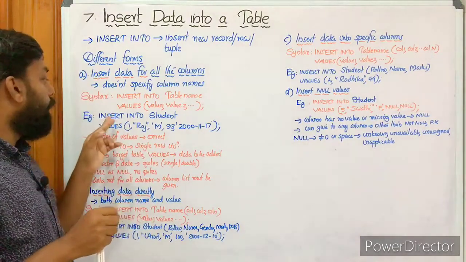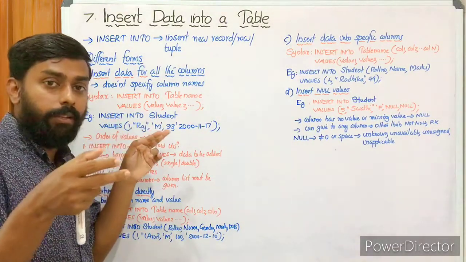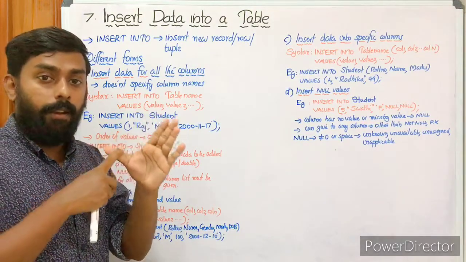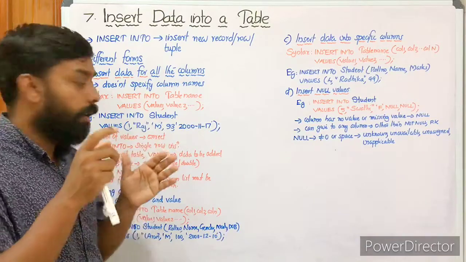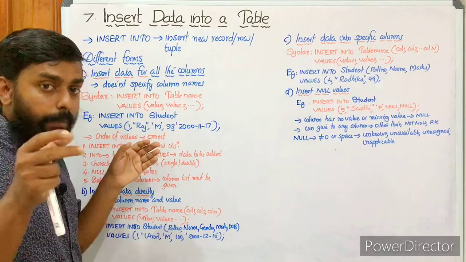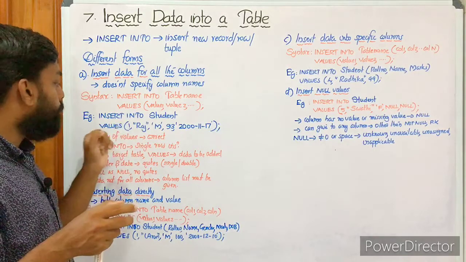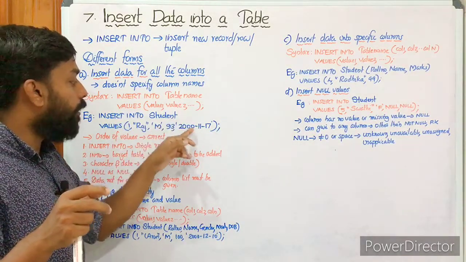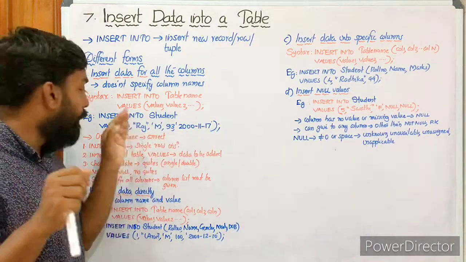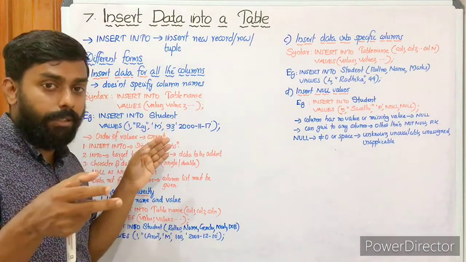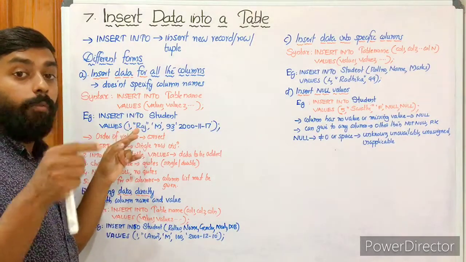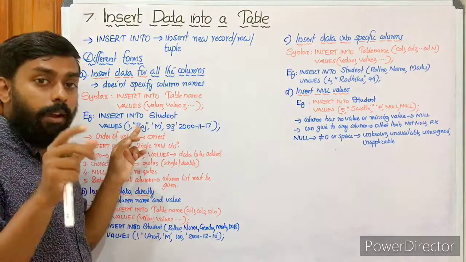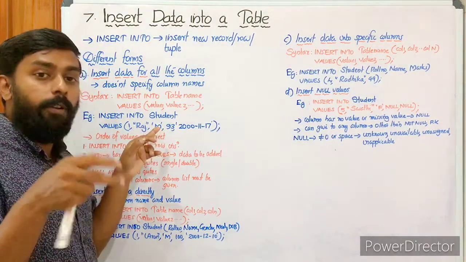Here you can see an example. Insert into student. We have an already existing table named student with roll number, name, gender, marks and date of birth, right, as the columns. Then we are working on the same table. Insert into student, values 1, Raj, M, 93, 2011-17. These are the values which we are inserting into the table. The first value 1 will be passed to which column? Roll number. We are passing in an order. Okay, and the second value, Raj, will be passed to name. Then M will be passed to gender.